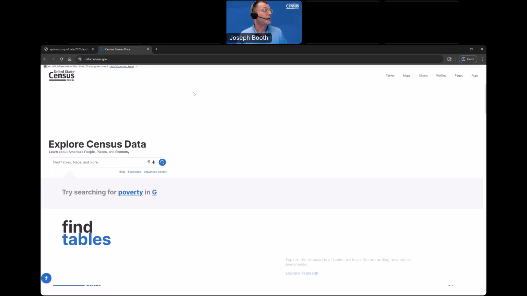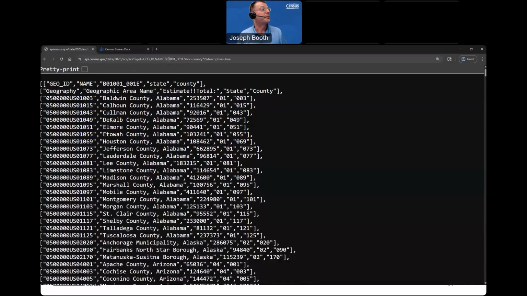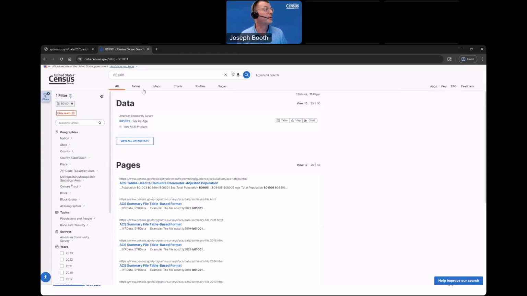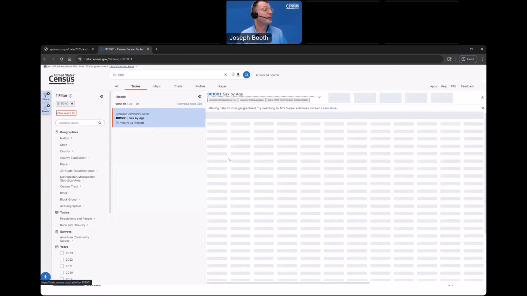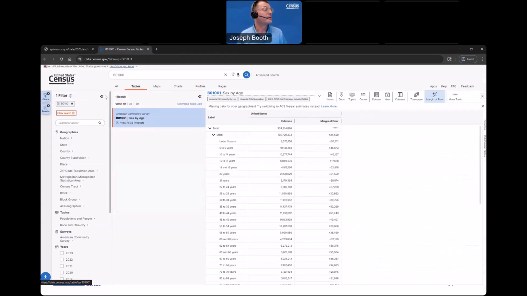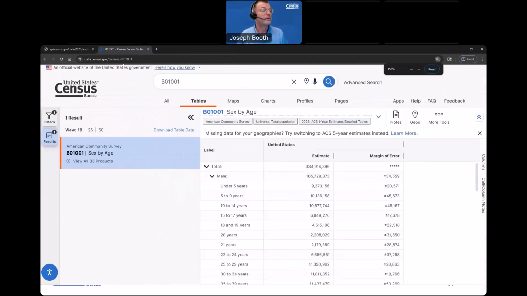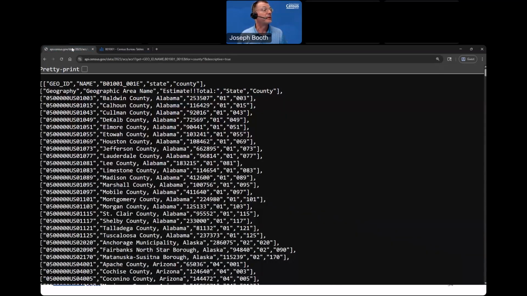All right. And because I have this set up to the variable B01001, we're going to take a look at that table. So let's pull the table up. I'm going to use the tables tab, and here is our table right here. So let's see, what do we have here?